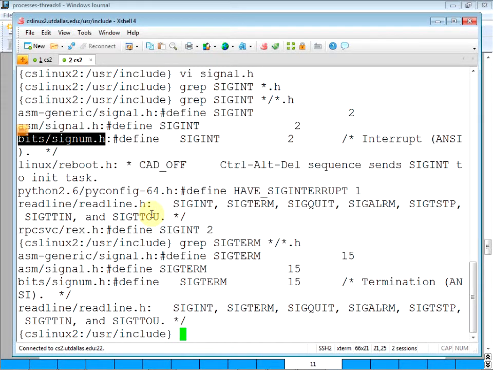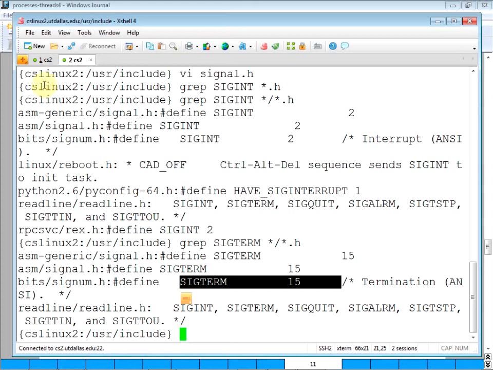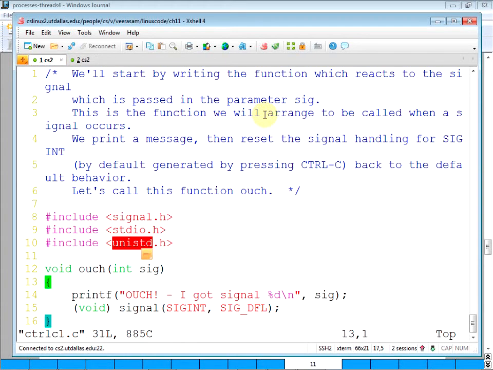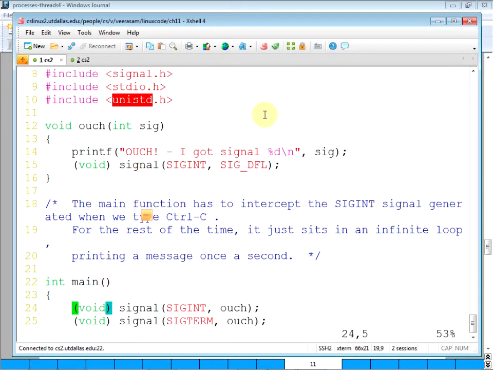Termination. So what's the difference? SIGINT is Control-C, and SIGTERM maybe -9. We'll find out. You can play with that too. You can specify a function, so when it gets a signal, it will print this message. This is a registration: in the main function, we are registering how to handle Control-C.